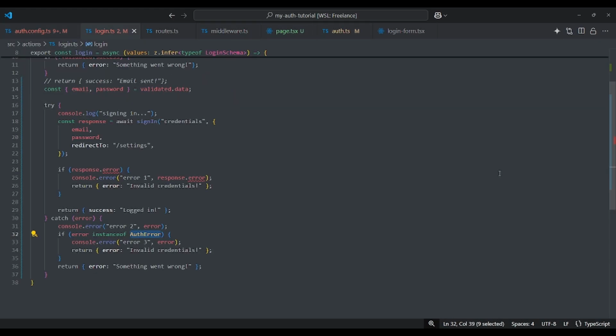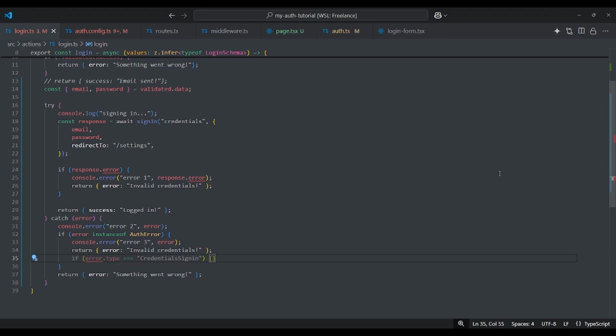We need to go back here in our login actions, and let's improve some of the lines here. If the error is an instance of AuthError, then it will have an error.type, which is equal to CredentialsSignin.